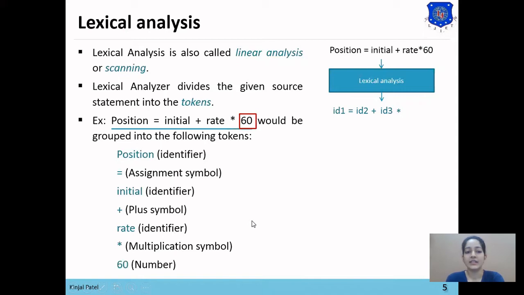Then 60 is a number or constant. So here lexical analysis has converted this expression into group of tokens: ID1 equals to ID2 plus ID3 multiply with 60. Now this expression will be passed to the syntax analysis.